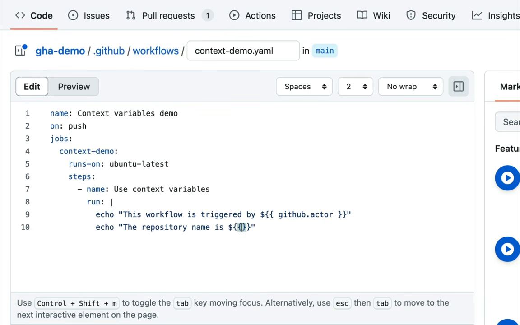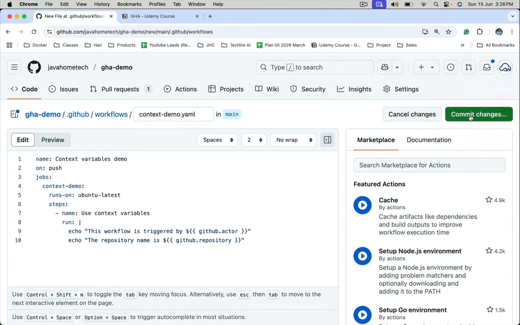Use GitHub workflow expression. GitHub is the context object here, followed by repository. Let's commit this